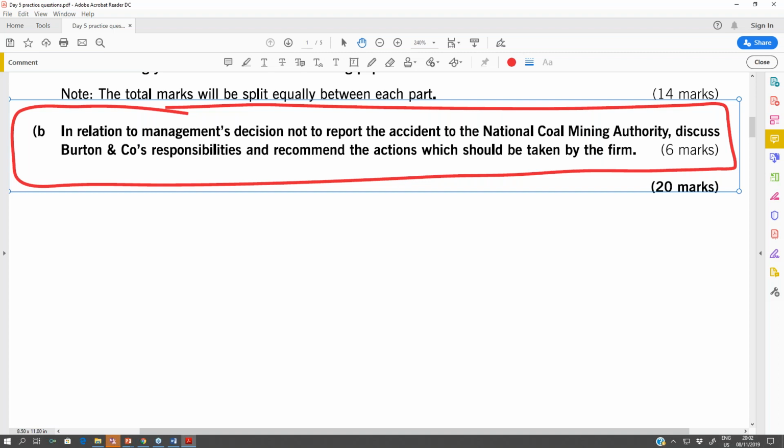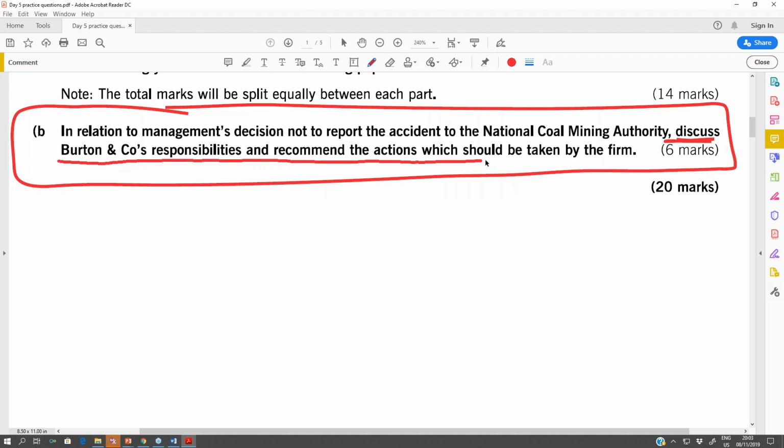Discuss the management and company responsibility, the audit firm responsibility. What is the audit firm responsibility? Discuss the management and company responsibility and recommend the actions which should be taken by the firm. Now, these are